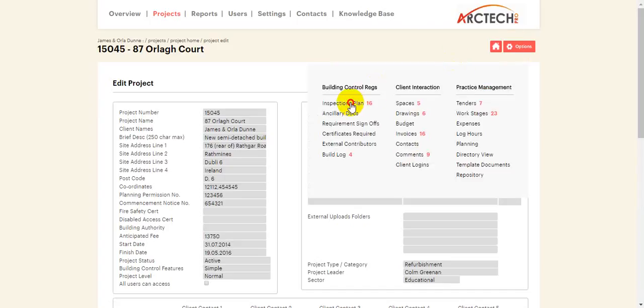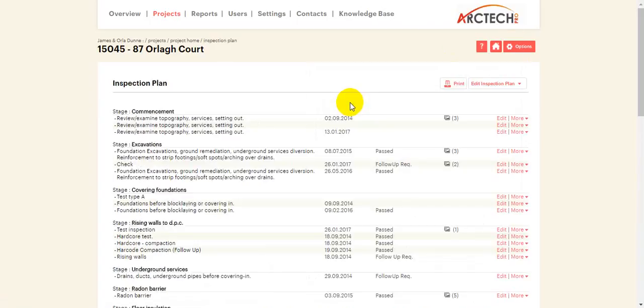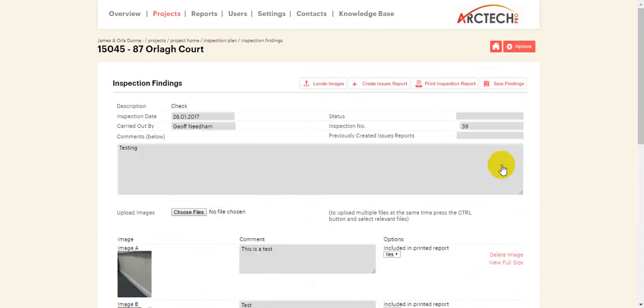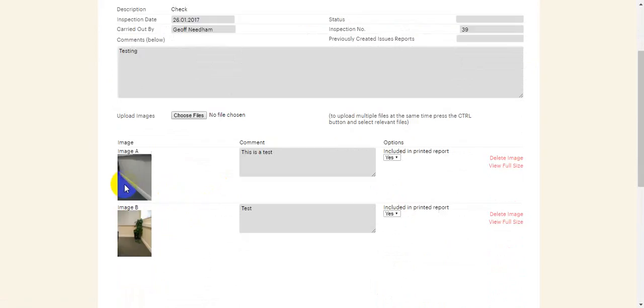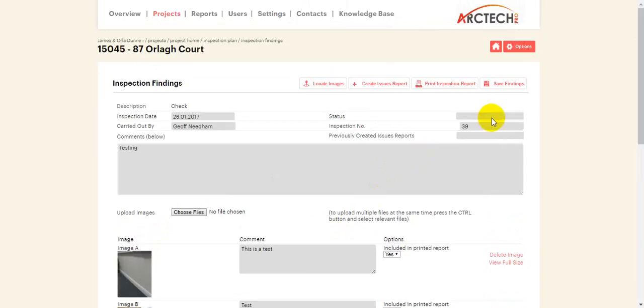So if I jump into my options and go back to my inspection plan, if I jump into the option with two images, now if I click on edit, and I've carried out a few inspections and I'm on this one, and image A I'm okay with that one. It's image B I have an issue with. So say we put in the status as follow-up required. Image A is fine, and then you put in the option of create issues report,